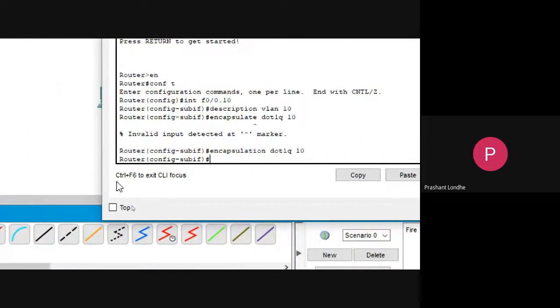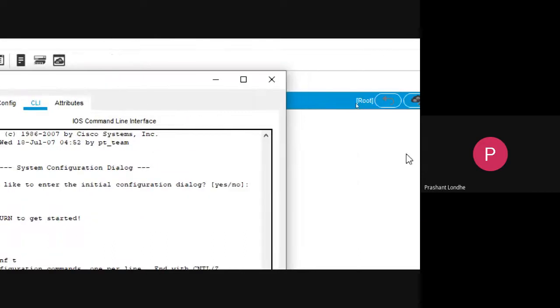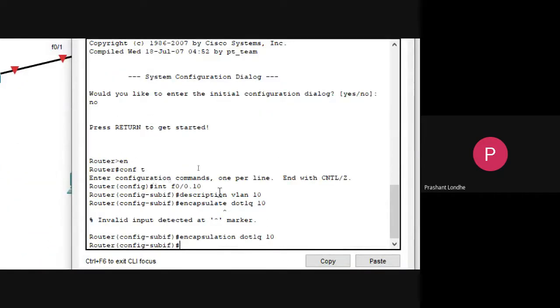So encapsulation dot1q 10. Now whatever traffic is generated from this port is encapsulated for VLAN 10. If you do not fire this command, it will not be encapsulated and you may get some kind of error. Now you are supposed to set the IP addresses.